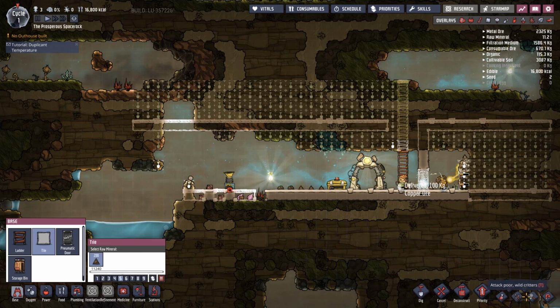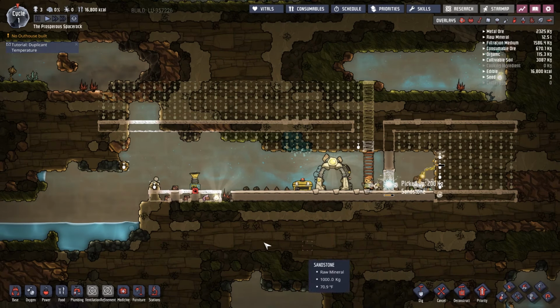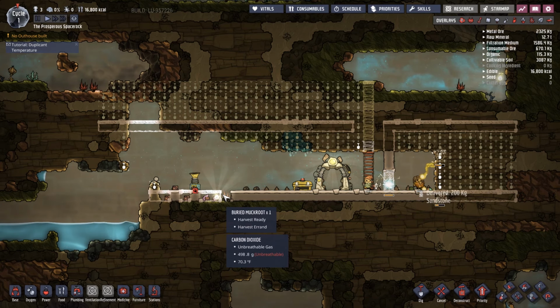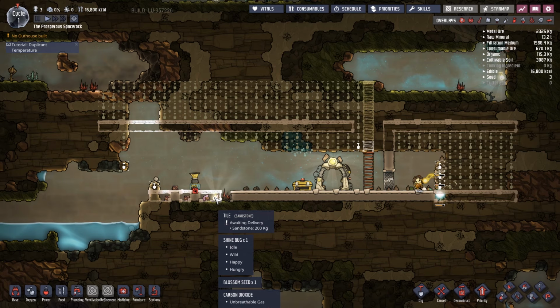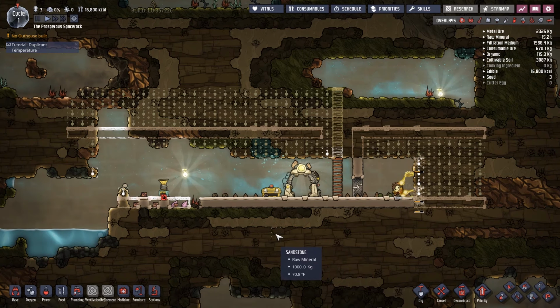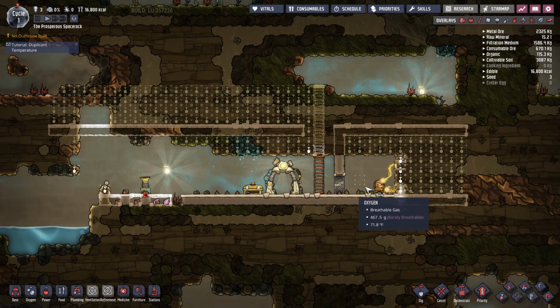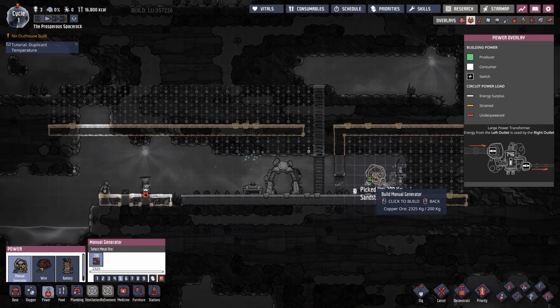Must be built on an occupied space, which means I need to harvest that. There we go. Because that's a buried muckroot. I still don't really know what these shine bugs do. I haven't quite gotten that far into the game yet to figure that out, but I'm hoping it's something very cool. So once this gets dug out, we're going to turn this into a power production room with a generator